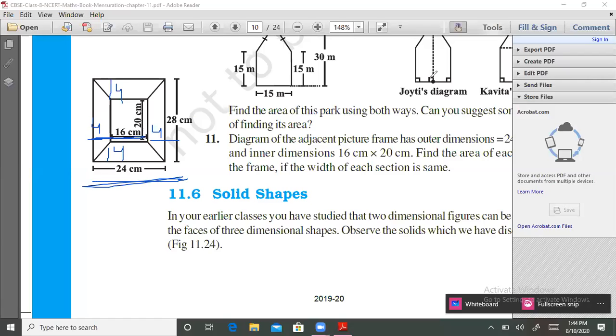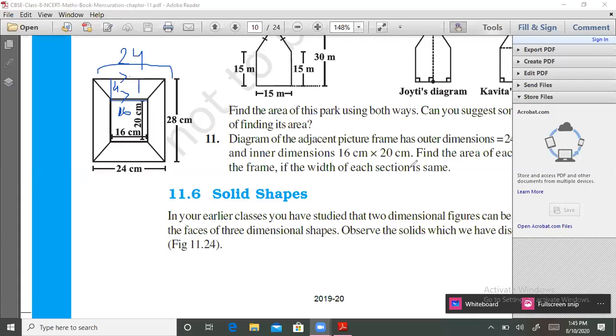Now we will find out area of each section. Let's take first. This first. पहले में which type of figure is this? This is a trapezium because these two you can see opposite are parallel, and height is given here 4. This is given here 16. This is given here 24, and it's a trapezium here. Right?